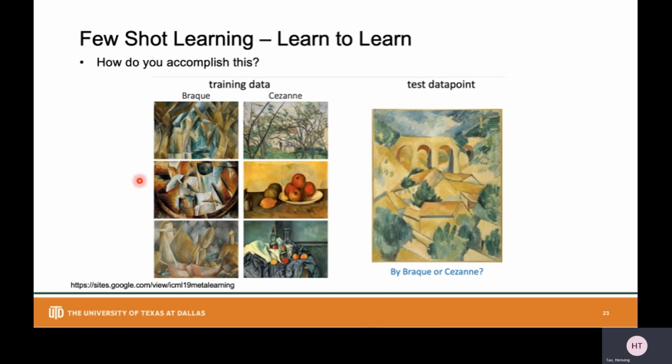Instead of using only one source task to do the transfer learning, few-shot learning can utilize all the tasks we learned in our entire life to infer our target task, right? So that's basically the difference between traditional transfer learning and few-shot learning.